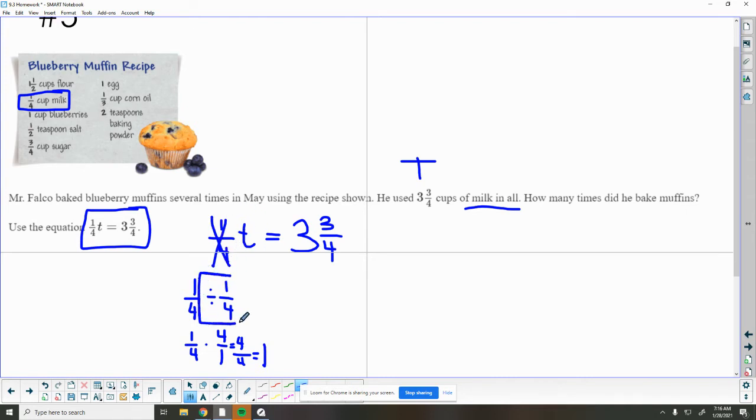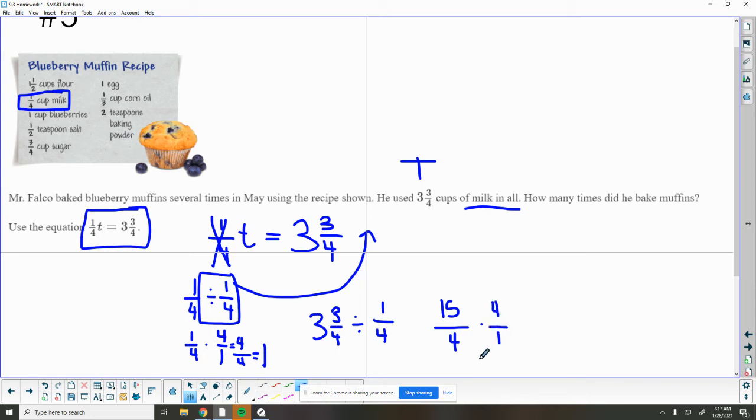Now I need to do the same thing, divide by 1/4 to the other side. So my new problem is that I have 3 3/4, and we are going to divide by 1/4. We need to make this first one improper, so we know how many pieces we have. So 4 times 3 is 12, plus 3 more is 15 over 4. So here's my copy. This is the same. Then I want to do the opposite of divide, dot, and the opposite of my division problem, flop, 4 over